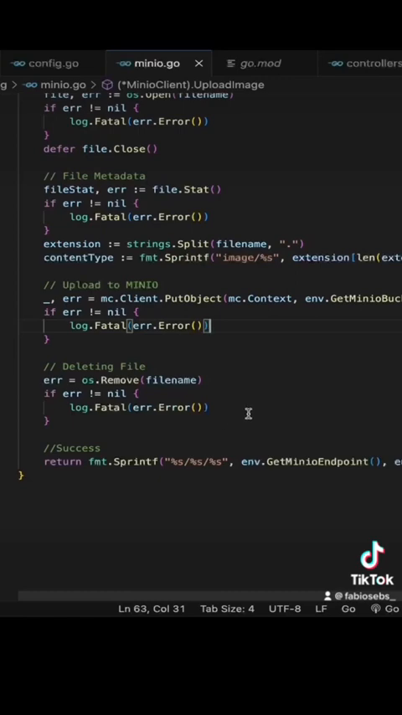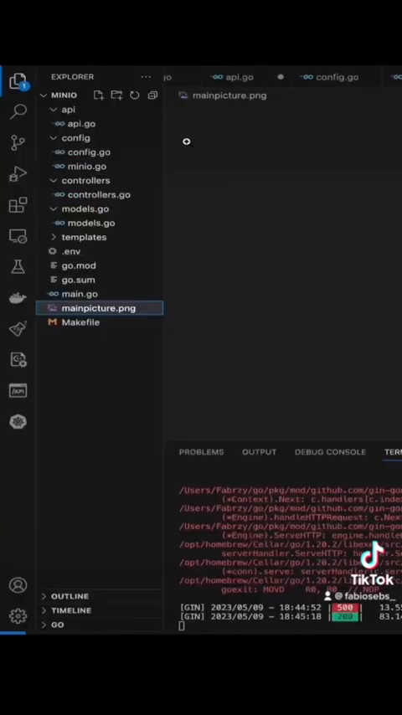MinIO has really good documentation, whether you're using JavaScript, Java, Golang, Python, right? So make sure to read it if you're using something else, and make sure to delete the file, and you should be all set. So once the upload was successful, the image should now be written into the bucket successfully,